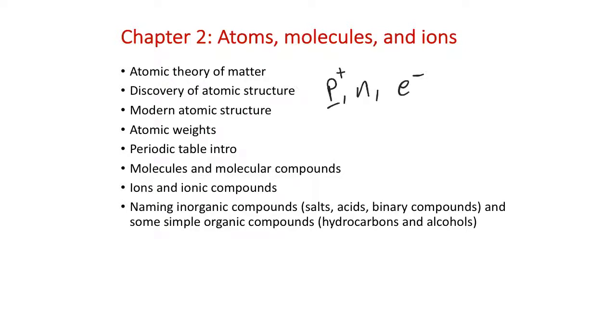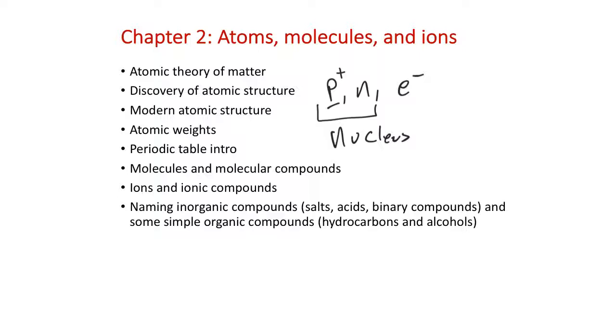Protons carry the positive charge, protons and neutrons reside within the nucleus of the atom, and electrons orbit the outer part of the nucleus. We'll come to some understanding of how we know about that in this chapter. We get into modern atomic structure, how we can count up the proton and neutron count and consider the number of electrons. Likewise, we'll get into atomic weights, figure out how much the different elements weigh on average